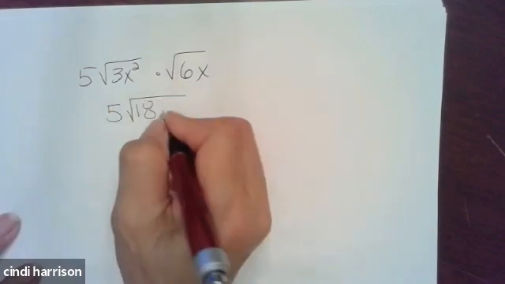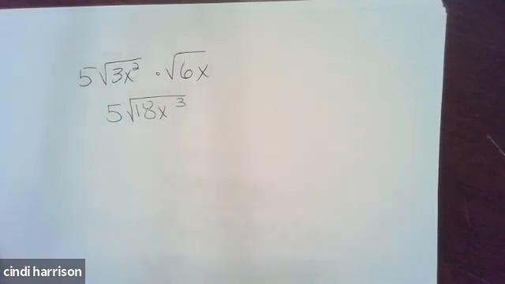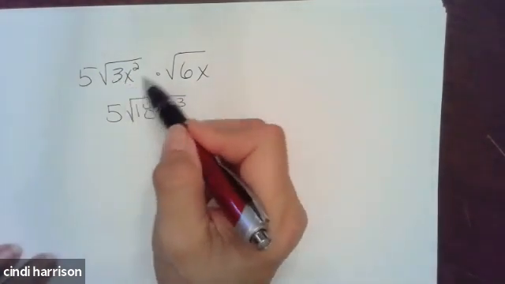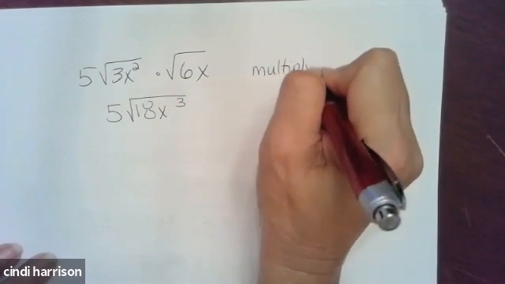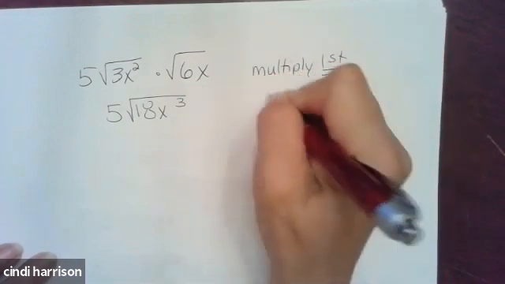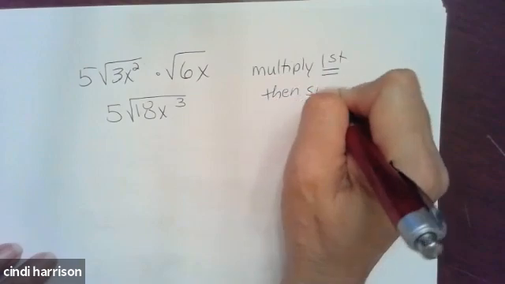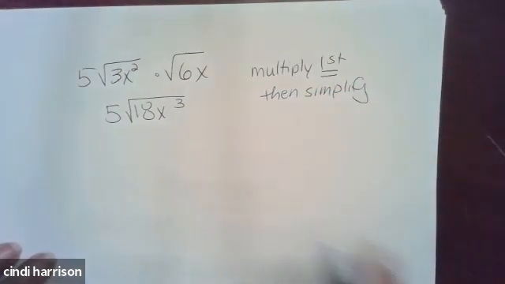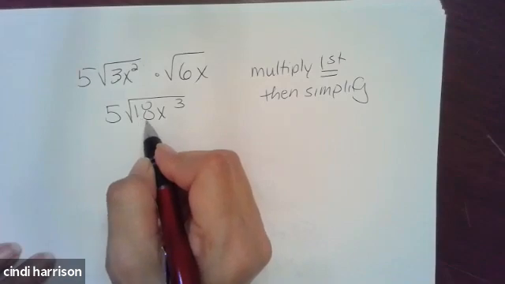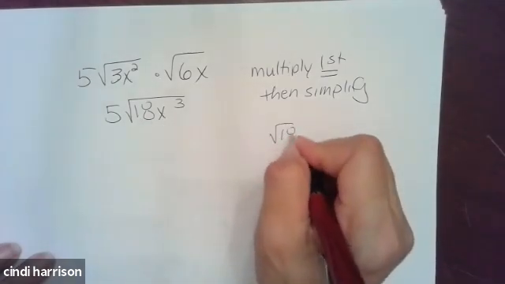X squared times x is x to the 3rd. So you multiply first, and now simplify. So don't be tempted to simplify here. You want to multiply first, then simplify. That will keep you from getting into trouble. So the square root of 18